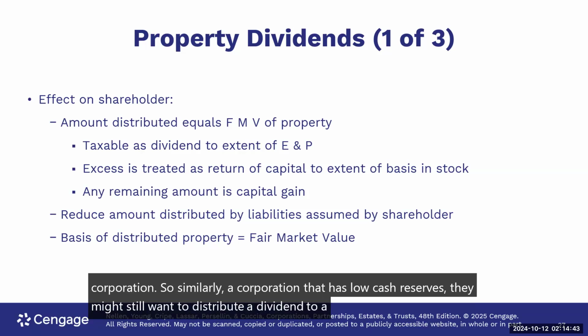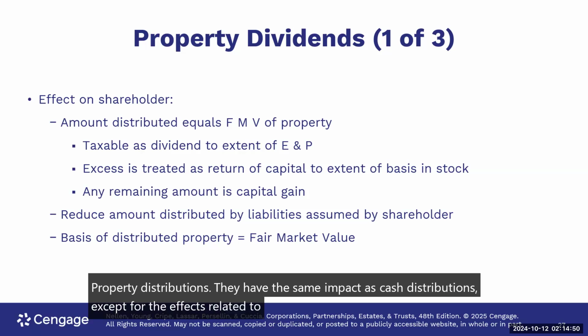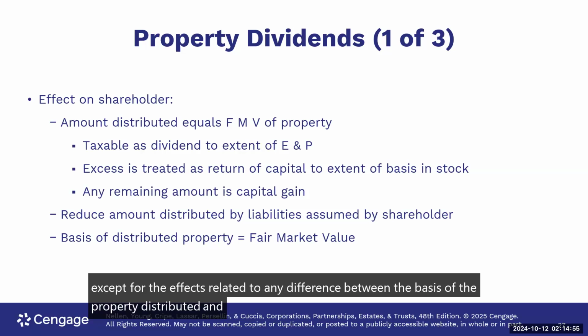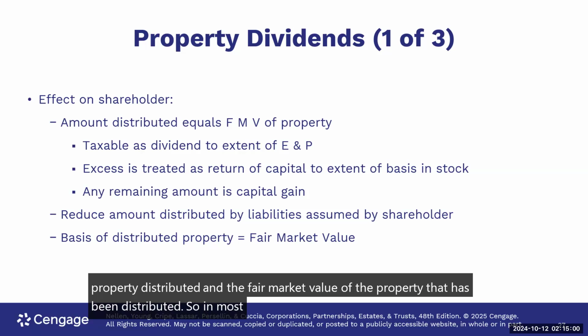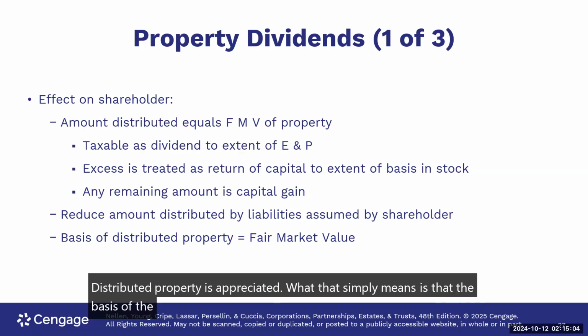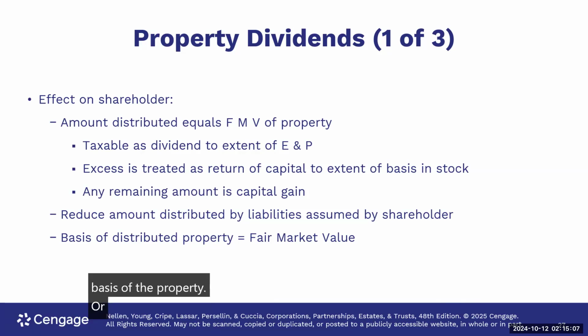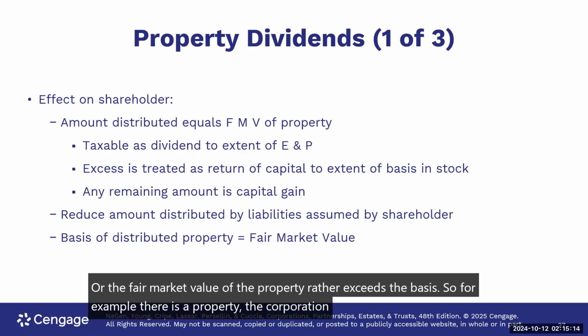Property distributions have the same impact as cash distributions, except for the effects related to any difference between the basis of the property distributed and the fair market value of the property that has been distributed. So in most situations, distributed property is appreciated. What that simply means is that the fair market value of the property exceeds the basis. So for example, there is a property the corporation owns. They paid $100,000 for it, and now the property is worth